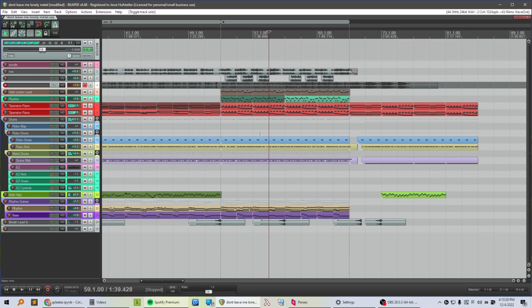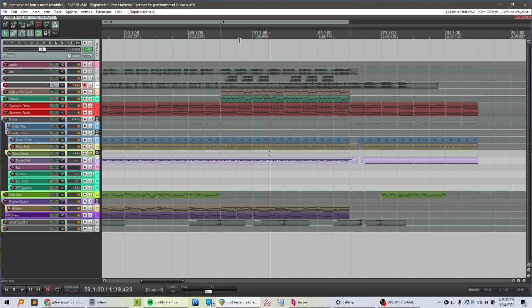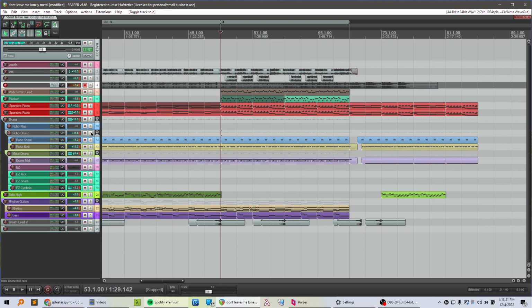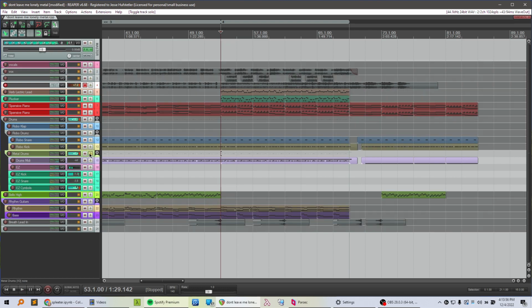If you ever want to make metal drums, here's how I do it. I use Easy Drummer. And then what I call a robo kick and snare up here. I turn down the Easy Drummer kick and snare, and I use my robo kick and snare to really punch with. But this is good. Easy Drummer is really good for the big cymbals and stuff.